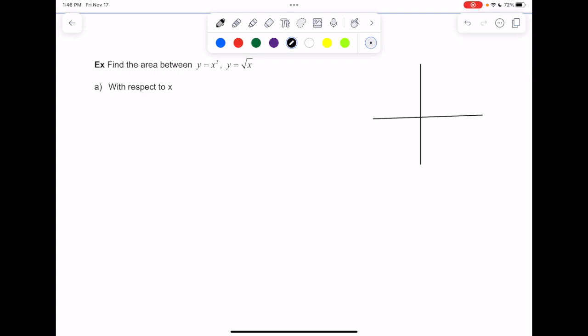So let's do y equals x cubed as a green graph. So y equals x cubed comes up, flattens out as it goes through the origin, and then curves back up. And then y equals the square root of x starts at the origin and is the top half of a parabola, so it does something like this. So we just get this rather small region that we can try and find the area of right here. And if we blow that up,